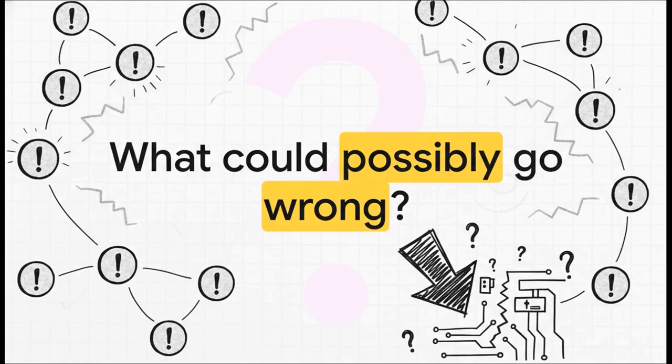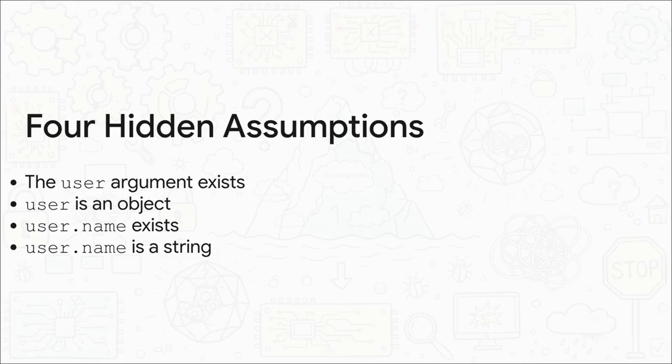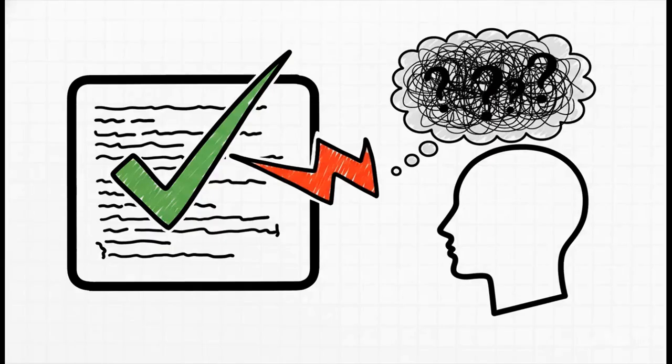It's just one line. But believe it or not, this one little line of code is an absolute minefield of hidden assumptions. And here they are. In this one line, we assumed 4 different things were true. First, that the user even exists and isn't null. If it is, crash. Second, that user is an object. What if it's a number? Crash. Third, that the user object actually has a property on it called name. If not, crash. And fourth, that the name property is a string, so that uppercase method will work. If it's a number, well, you get the idea. It crashes.